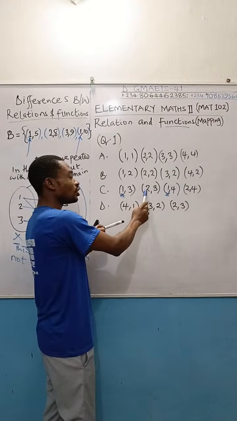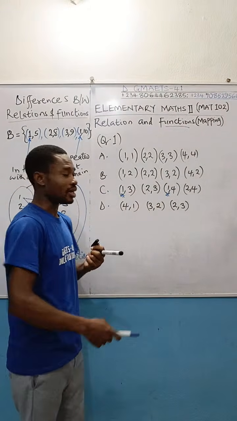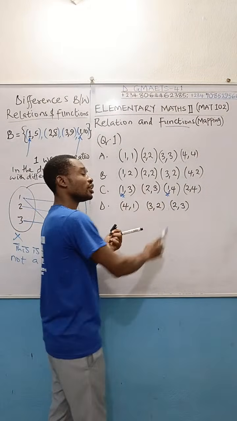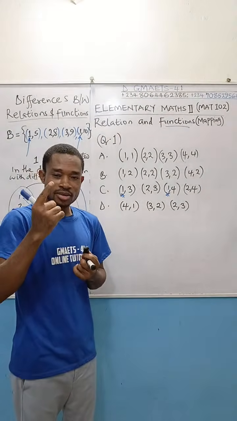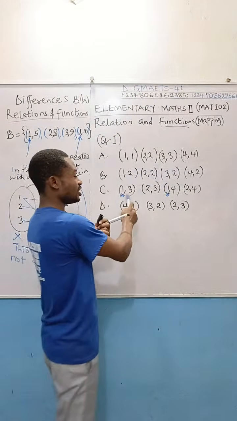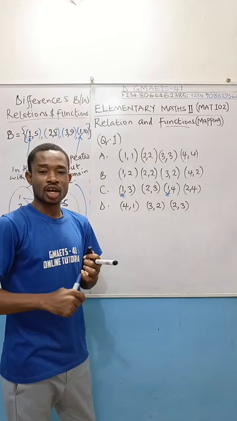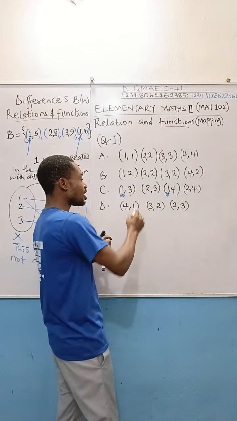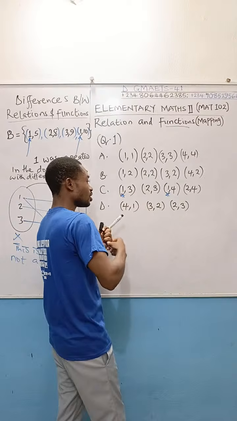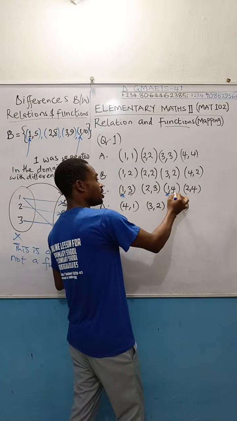This one you are seeing, all the first elements are elements of the domain. You have one here, you have one here, so it is repeated. A single element in the domain has been repeated in this condensed form. Now, check their codomain. You notice that the codomain you have here is what? 3,